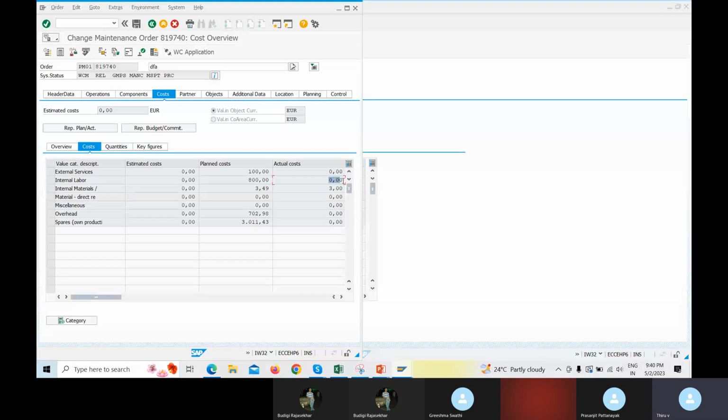Any doubt, sir? Rajeshekar, Thiru, madam? IW41, IW44. If you do the confirmation, then the actual cost will come. Otherwise, only planned cost will stand. Planned cost is only for information purpose. This is not related to settlement. Clear? Anyone, any questions?